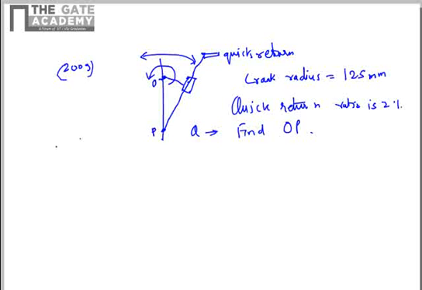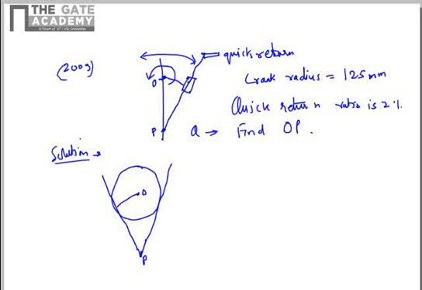The quick return mechanism, if you recall, is formed by a circle, where this is the oscillating link. This is point P. This is point O. The block is at B. So OB rotates counterclockwise. The forward stroke is in this direction. The forward stroke is longer, this much angle, and the return stroke is quicker. That's why it's called a quick return mechanism.